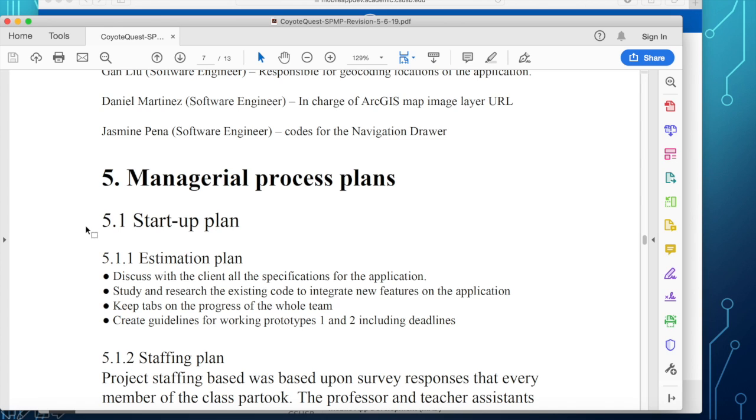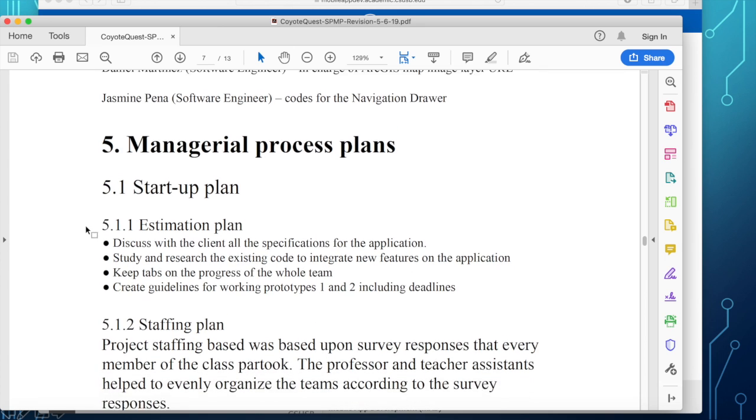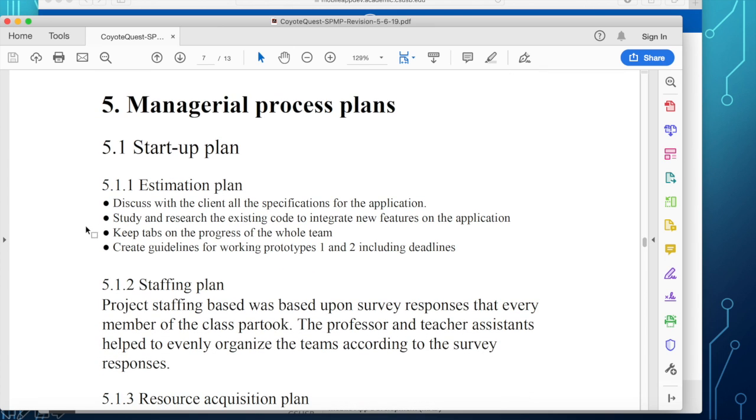Okay? What are the things you are supposed to do, and based on your schedule, have a plan on how to deliver your first and second iteration.